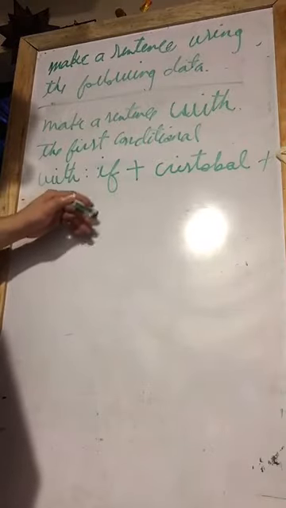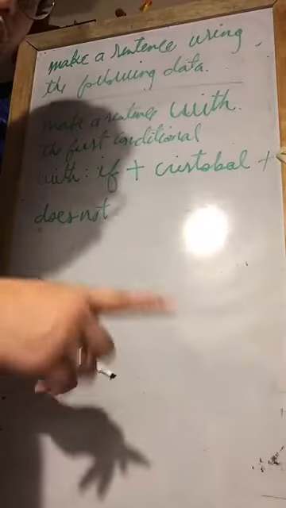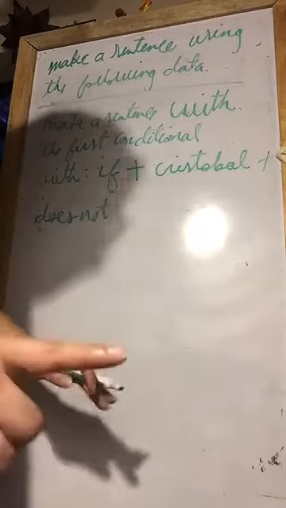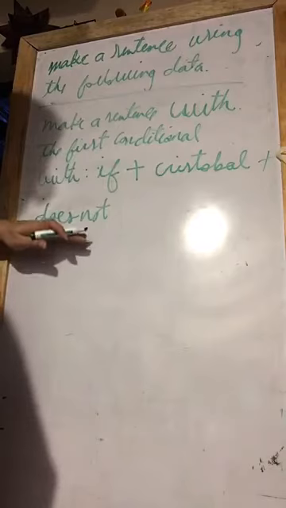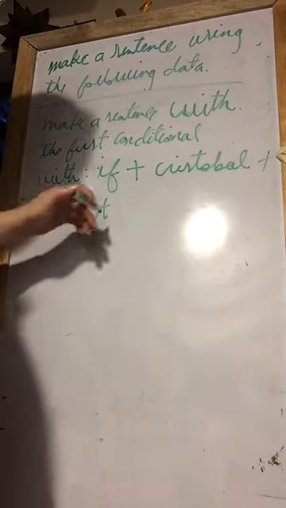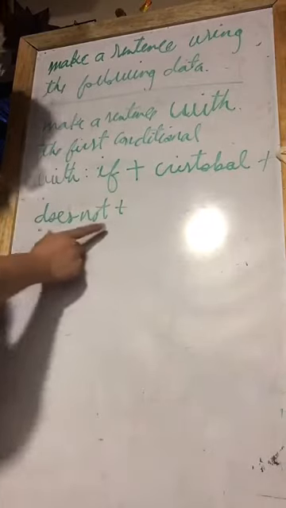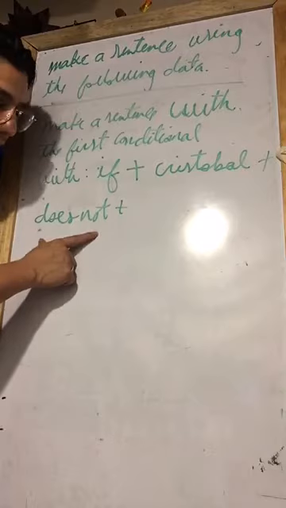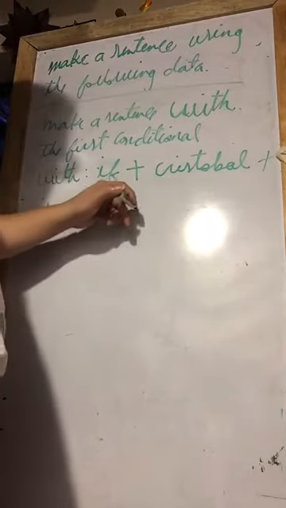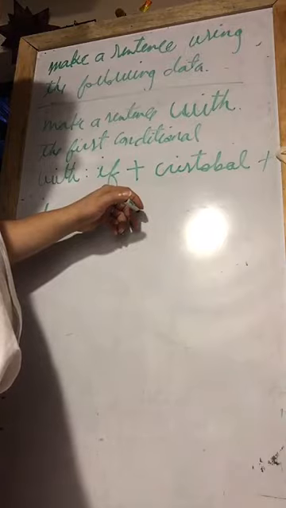does not, remember, no contractions. So this is going to be negative because we are using the negative form of this. Does not plus, I'm going to give you this like this. Just if I give you this like this, copy it like this. Does not buy,